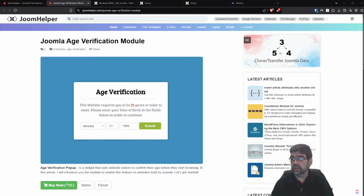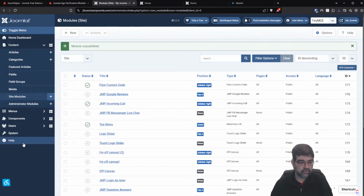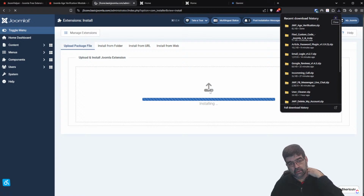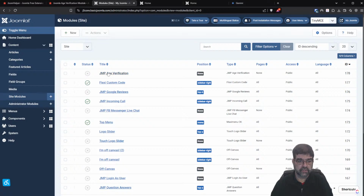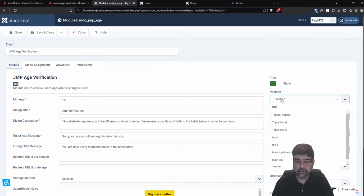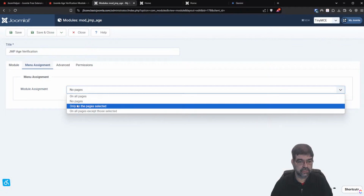Age verification. Now, we all know it's easy to lie about your age. But let's see what the approach is here. And also, it is good to just ask people's age. We'll go to System, Install Extensions, and we'll go up to here. And that's a module, System, Site Modules, Age Verification. We're going to put this in top bar. Top bar B, publish it, menu assignment, all pages,